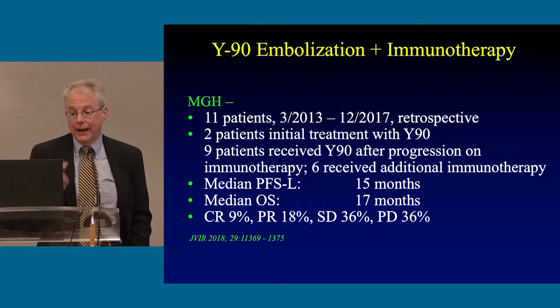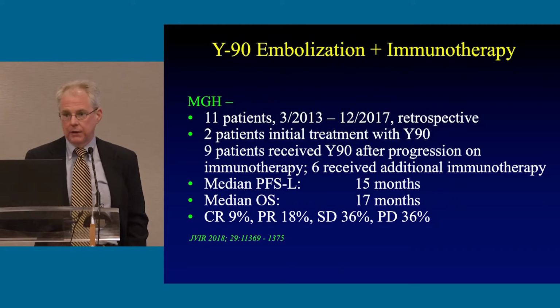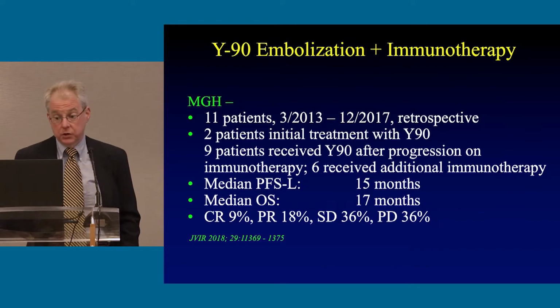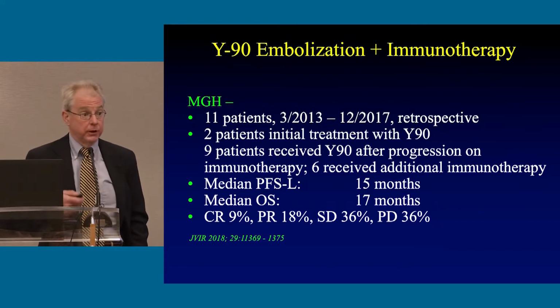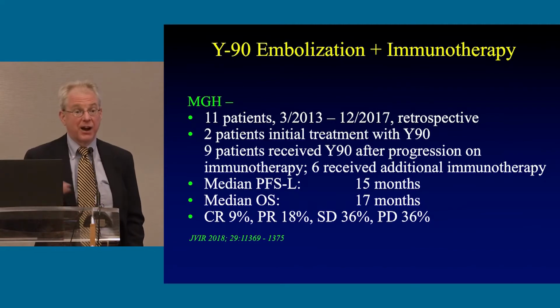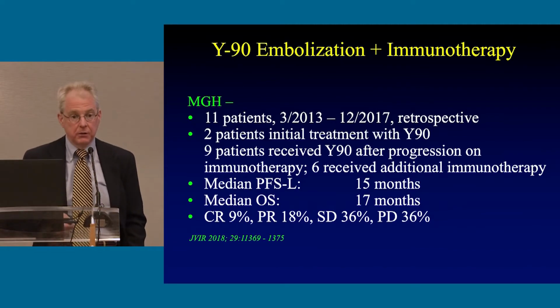We have no way of predicting who those superstars are going to be. I include this because, again, a lot of interest in immune checkpoint blockade therapy. MGH looked at a small group of patients retrospectively who were treated with both radioactive microspheres and then subsequently received a variety of different immunotherapies. While this isn't comparative, survivals are in the same type of ballpark as what we've been seeing with liver-directed therapy